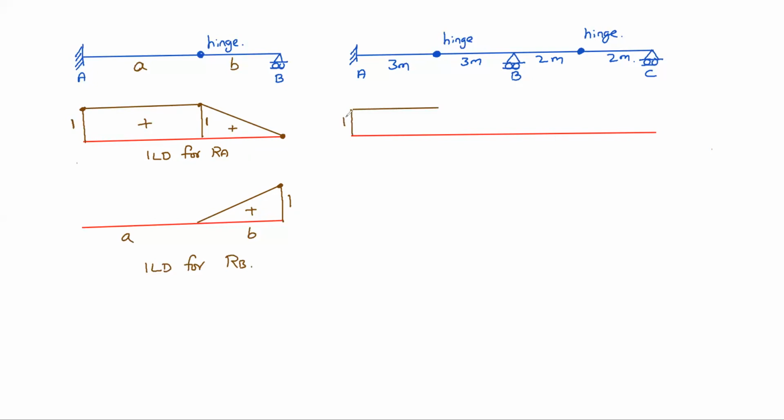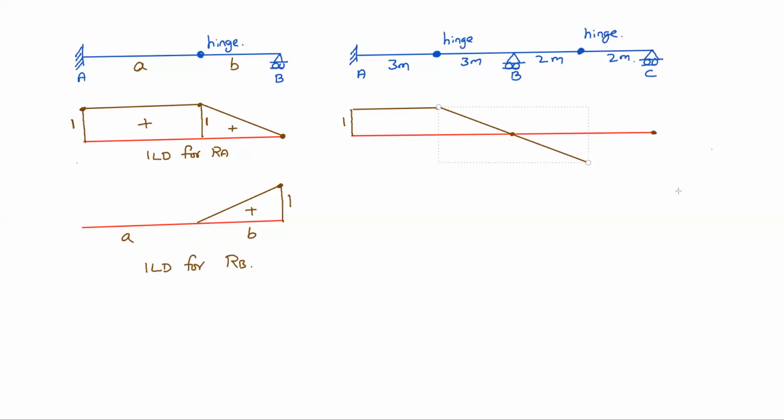Then at B, it cannot be dislocated. That means the point at B must be here. The point at hinge is already here, and the point at C will be here. From hinge to hinge, it should not be bent. That means the hinge to hinge, it will be straight line only. From this hinge to another hinge, this one, straight line only.